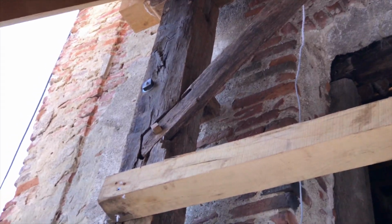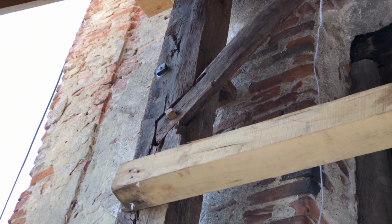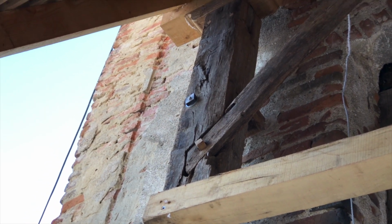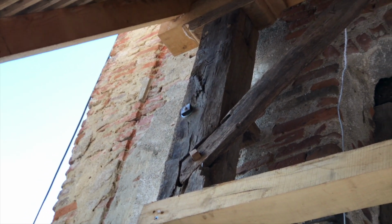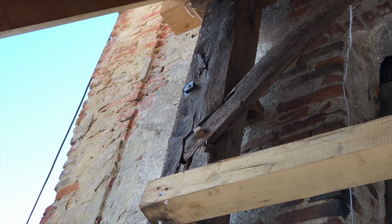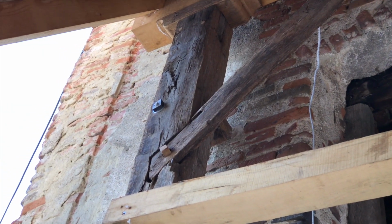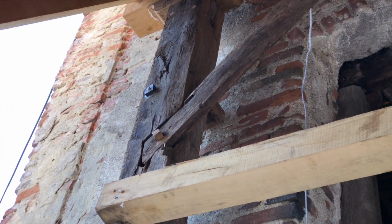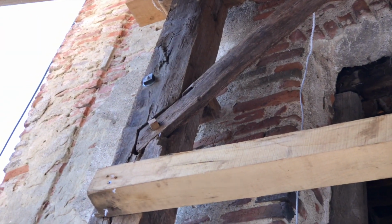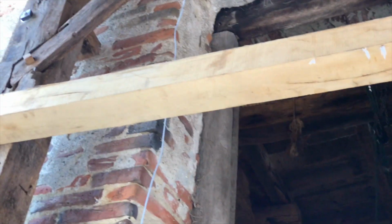So we affixed this pillar to the clock tower with that metal rod, a threaded metal rod, 16 millimeter diameter rod, and that's a specially made squared nut that you see over there. We made it at a metal shop just because it looks better than the typical hexagonal nuts that you see in shops these days. So that pillar or post is affixed very well with a rod that goes through the wall to the inside,